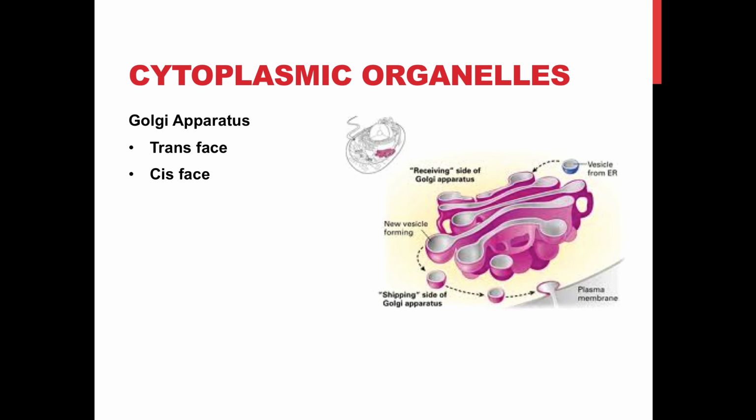Vesicles containing proteins destined for export pinch out from the trans face as secretory vesicles or secretory granules, which migrate to the plasma membrane and discharge their contents from the cell by exocytosis. This is pathway A. Specialized secretory cells, such as the enzyme-producing cells of the pancreas, have a prominent Golgi apparatus. So cells that release a lot of things are going to have a well-developed rough ER and a well-developed Golgi